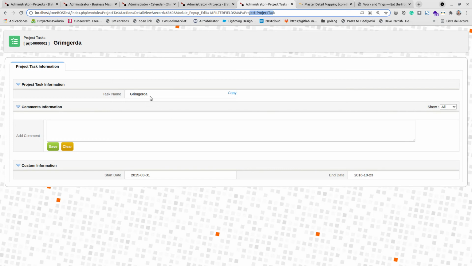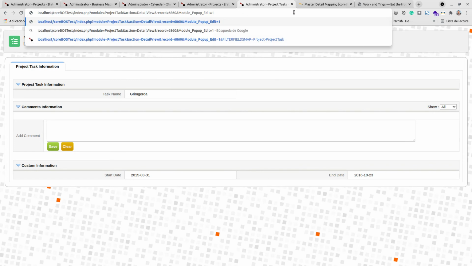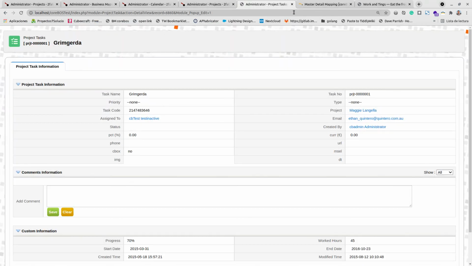Okay, I'm seeing the task name and the start and end date, which are the ones that are defined on the map. I'm also seeing the comment functionality because it's in the detail view of this module. It's activated, so it's actually a detail view. And even more, if I eliminate this filter